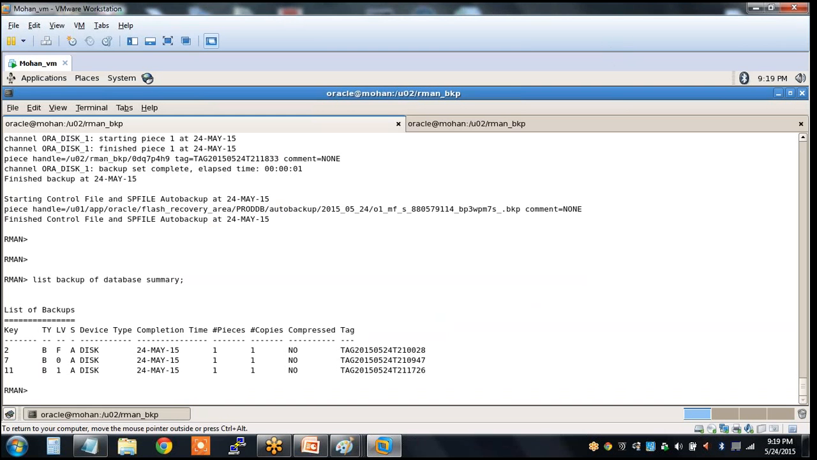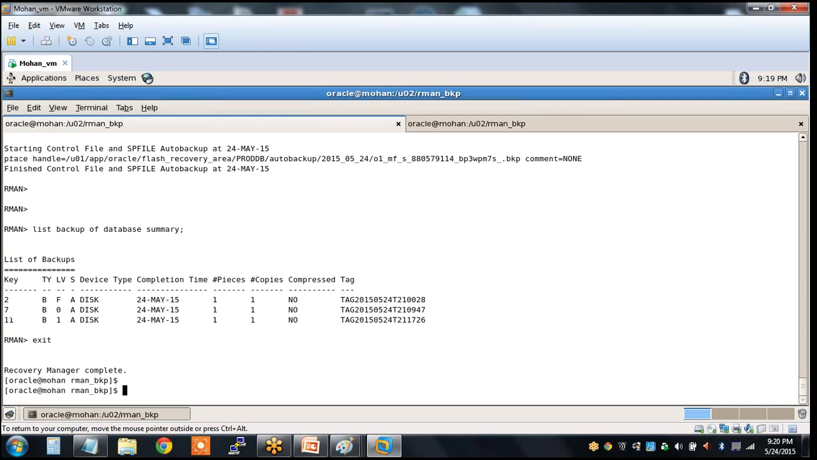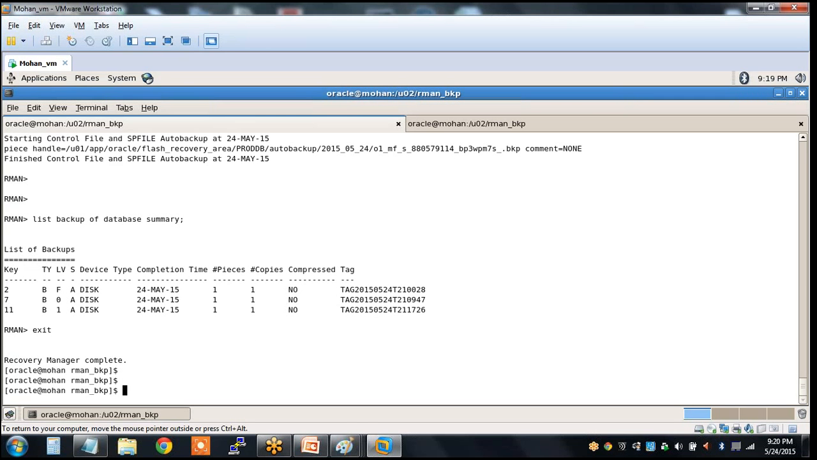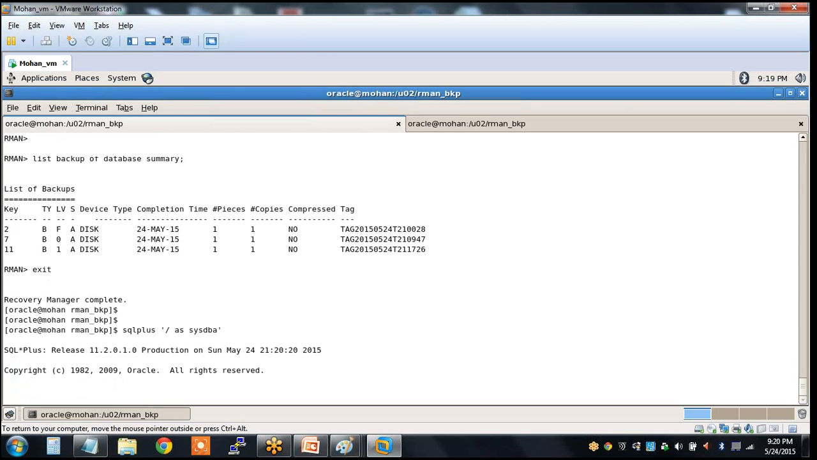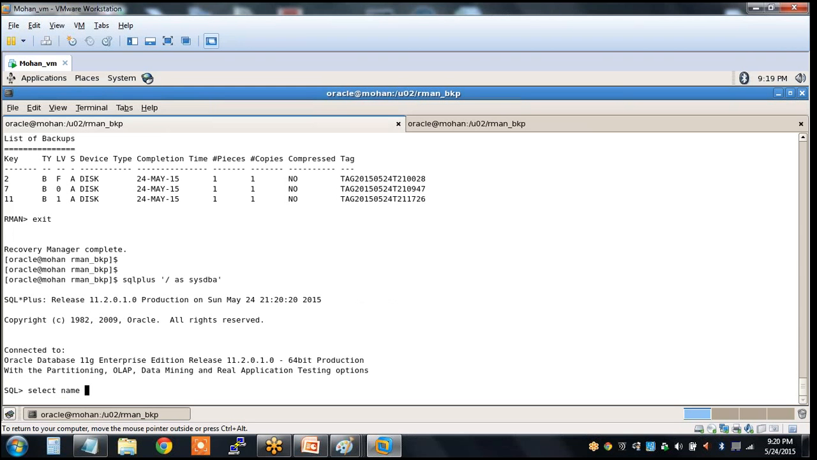Great. So what we will do is we will now destroy the database and then we will recreate the entire database using our RMAN. So first of all, exit. Okay. So the next thing is SQL plus / as sysdba, select name from control file,